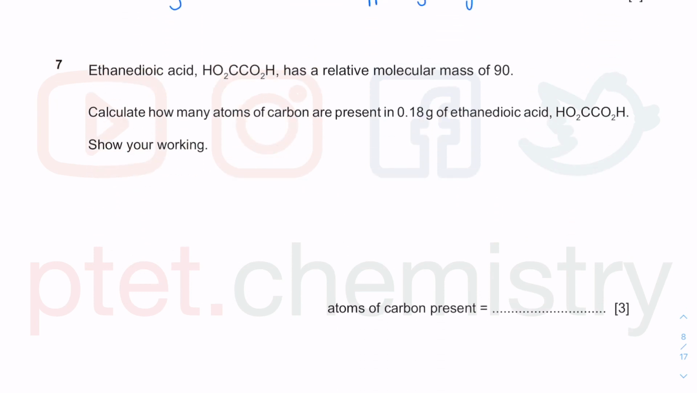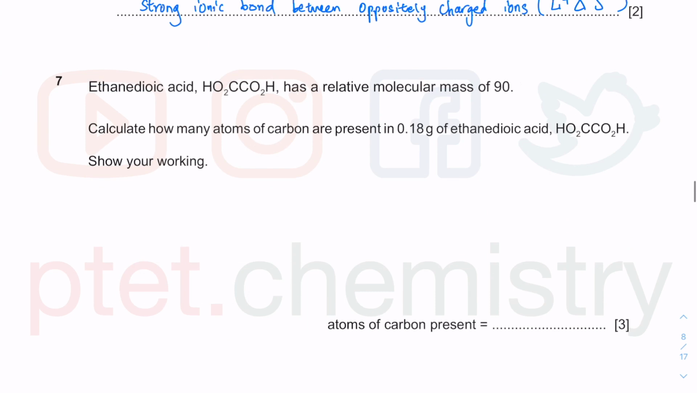Question 7. So for 3 marks here, we don't need to know what ethanedioic acid is. We just need to know how to do the calculations. So the Mr equals 90. You can sum them up if you want to, but then you can see that they want the atoms of carbon. So what do I have here? I have 1 carbon and 2 carbon. So